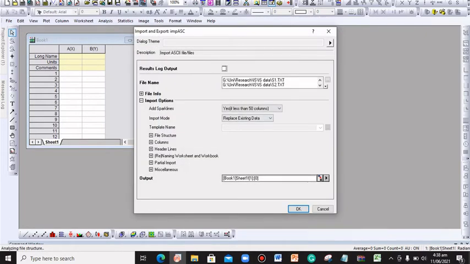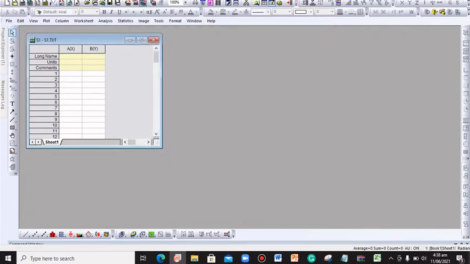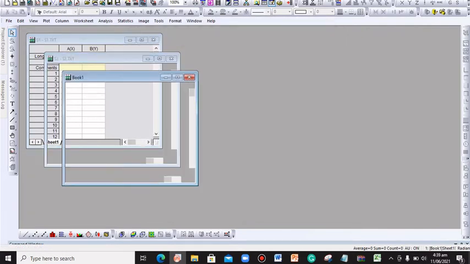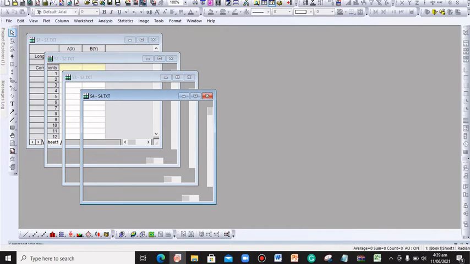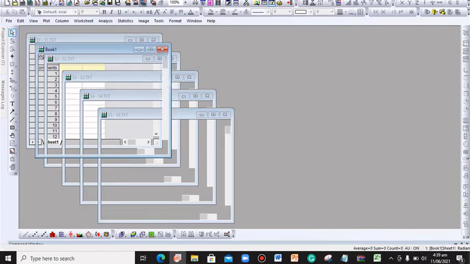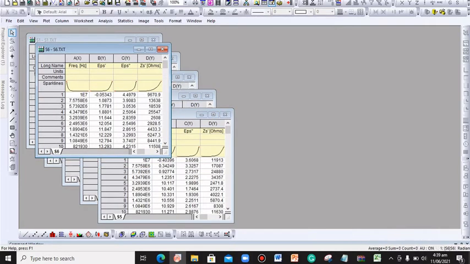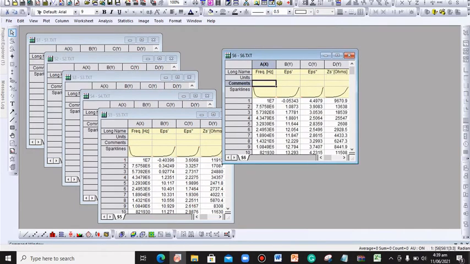Now you have this text box on the screen, then again press OK. You will get a separate worksheet for each sample. In all these worksheets, click on the comment box and write the name of the sample.